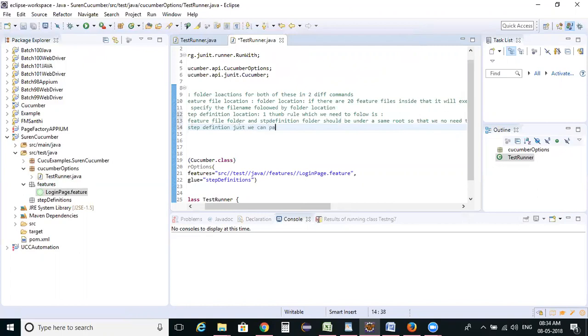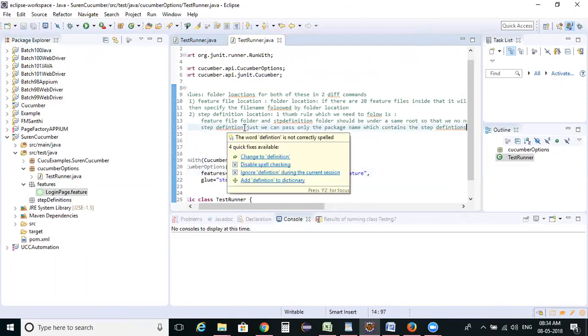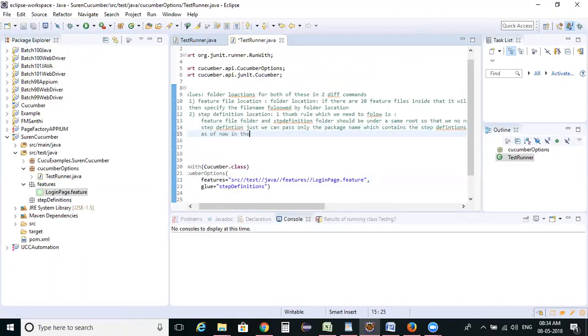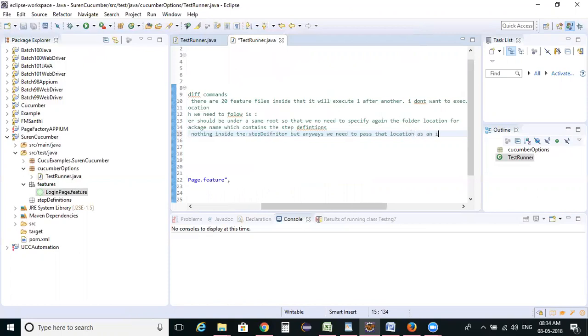We can pass only the package name which contains the step definitions. I specified my package name as stepdefinitions. As of now, there is nothing inside the step definitions, but anyway we need to pass that location as an input.